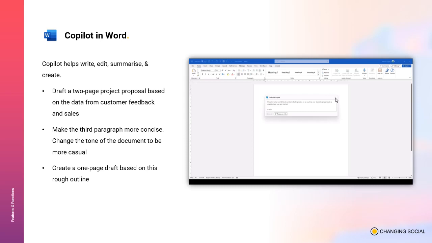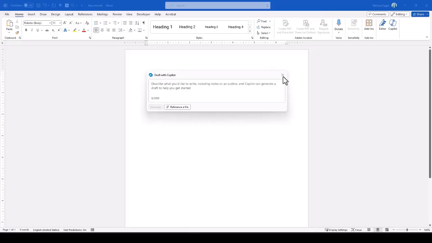This is going beyond those simple spelling and grammar checks that we are used to. Copilot will aid in refining sentence structures, suggest synonyms for repeated words, and help you with your content flow. And it's not just about text as well. If you need images, charts, simply indicate where you need them, and Copilot will design them, build them, and integrate them seamlessly into that document for you.